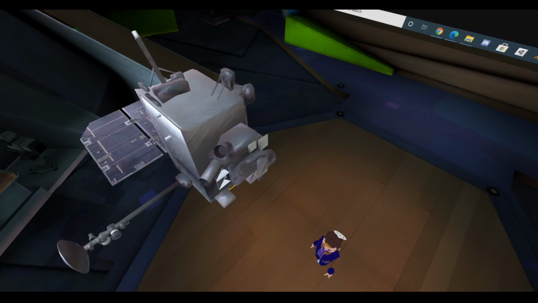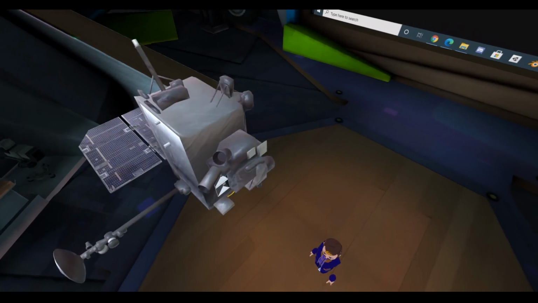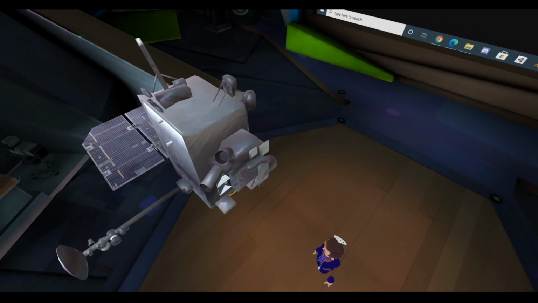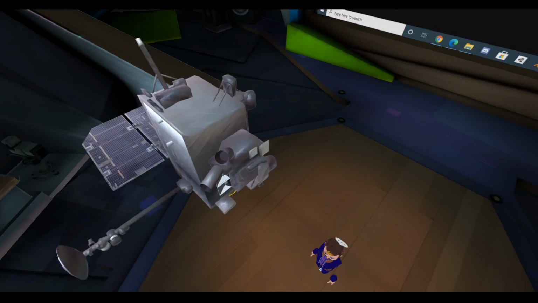We might be half a second off due to different lags, but we're all basically seeing it big at the same time and then seeing it little at the same time. So this right here, just in case you're interested, is the Lunar Reconnaissance Orbiter. I don't know how many of you have seen my moon world, but I brought that model in as a